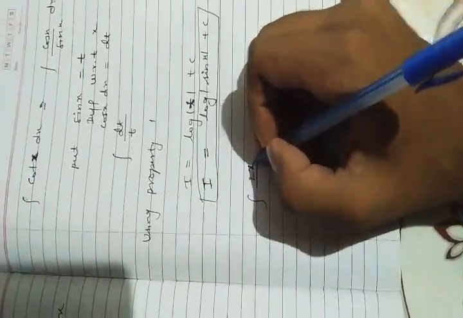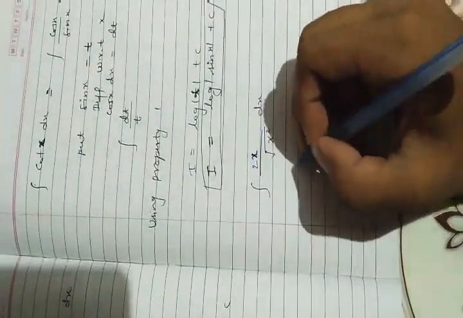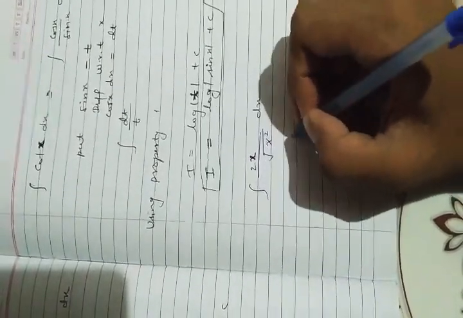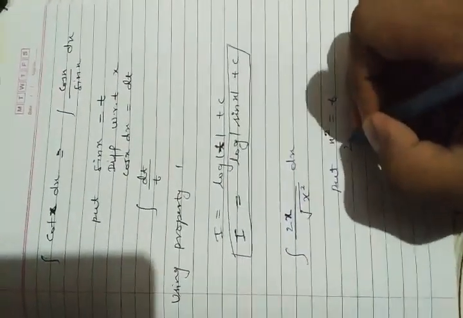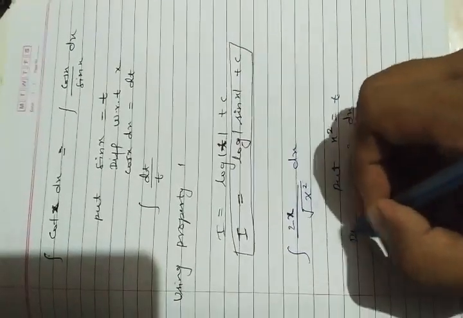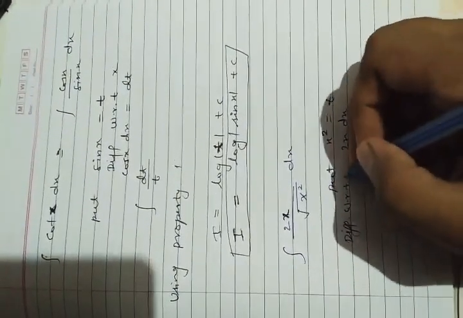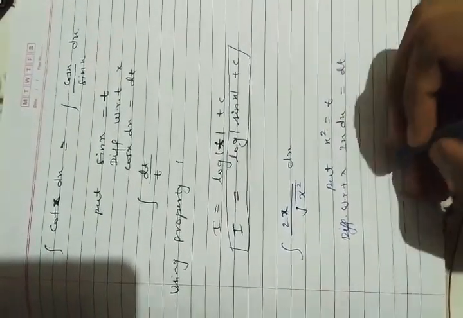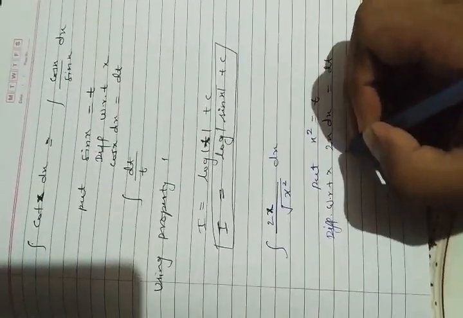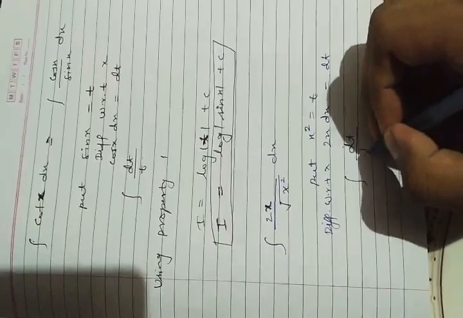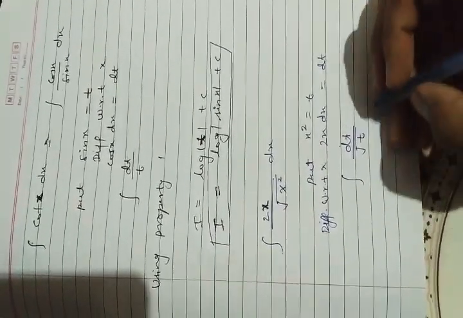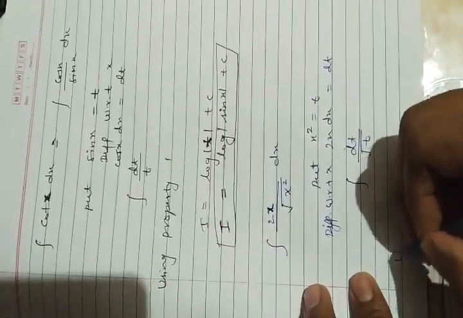So I have taken an example for property number 2. Again, the same procedure. You know what the derivative of x square is; it is present in the numerator. So I will put x square equal to t, and differentiate with respect to x. You will get dt in place of 2x dx, and in the denominator you will get root t. And by using property 2,